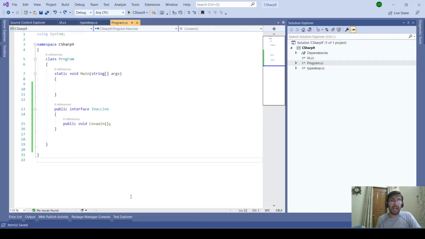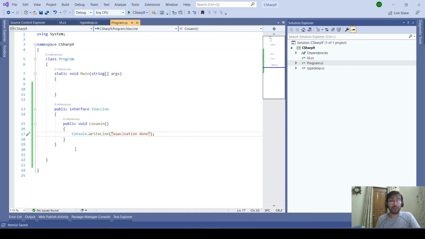So if you can see, I have just created an interface with the name IVaccine, and there's a method which I have just declared. The new feature says we can have the definition of this particular method, and to do that let me write a Console.WriteLine with a message here, "vaccination done". In this way I can have the definition of any particular method inside an interface. So this is a new feature which has been introduced.